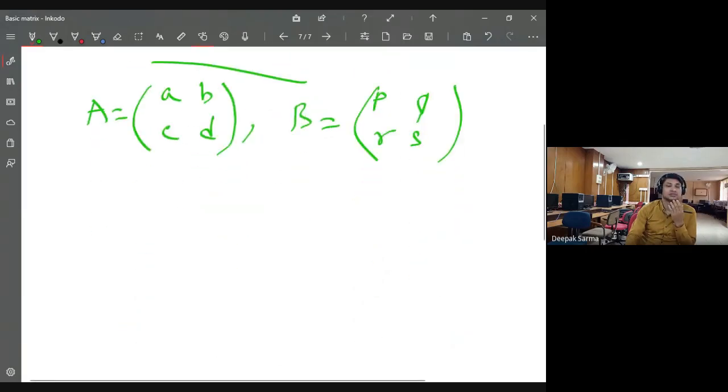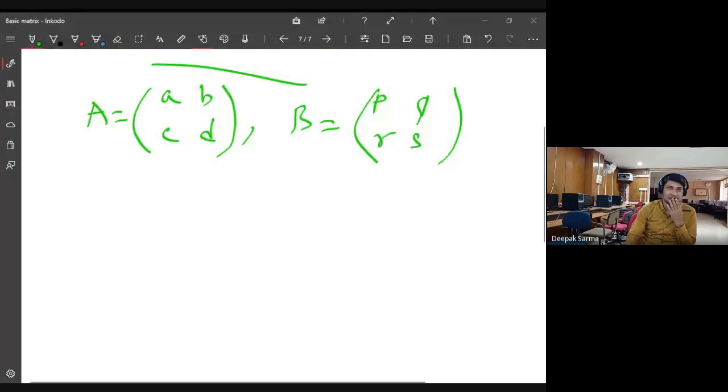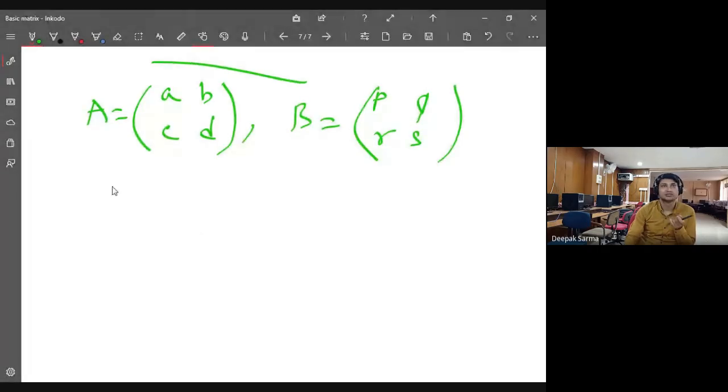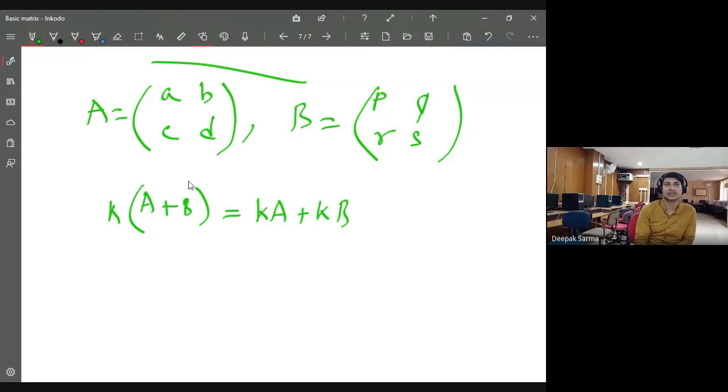Okay. Scalar multiplication, if you want, I can consider some properties of scalar multiplication. But okay, if you want, let me take one property. Suppose I have any matrix A and another matrix, suppose B. I think all of you can verify. Then if I multiply this by some constant K, then it is the same as KA plus KB. Do you see that? What is the left hand side?